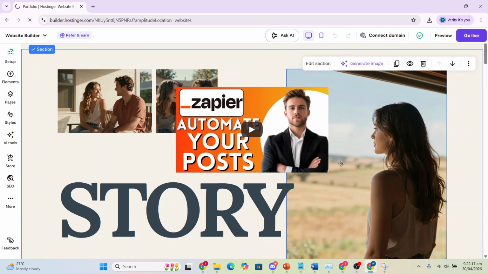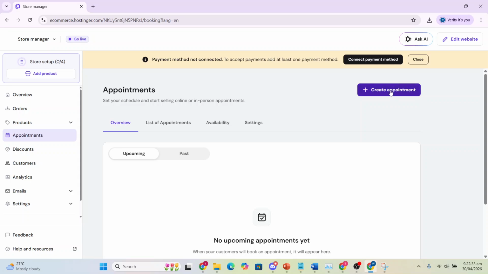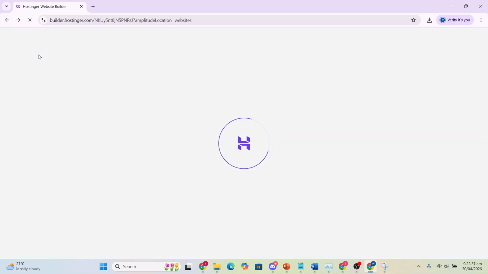You can toggle this one on and basically set up your appointments and the calendar feature. Now once you set it up here in Store Manager, as you can see, this will go ahead and load up. Then you just go ahead and turn on the appointment feature. Once it's turned on, as you can see, I can create appointments,